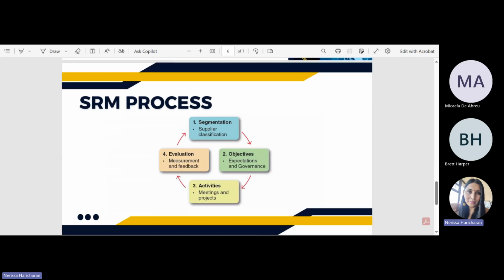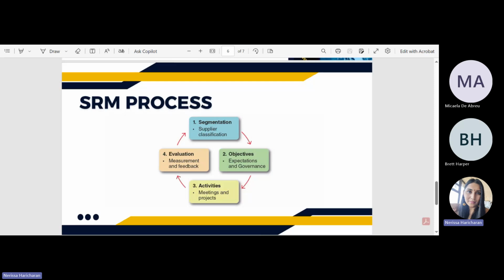Step 3 is activities. So basically having this partnership, you want to have as many meetings, etc., as possible so that you can optimize any opportunities that either party sees in the industry itself. So you want to be as collaborative as possible, and you want to have very clear objectives with the people that are specialists in their specific organizations. You want to do a lot of relationship building through these meetings.